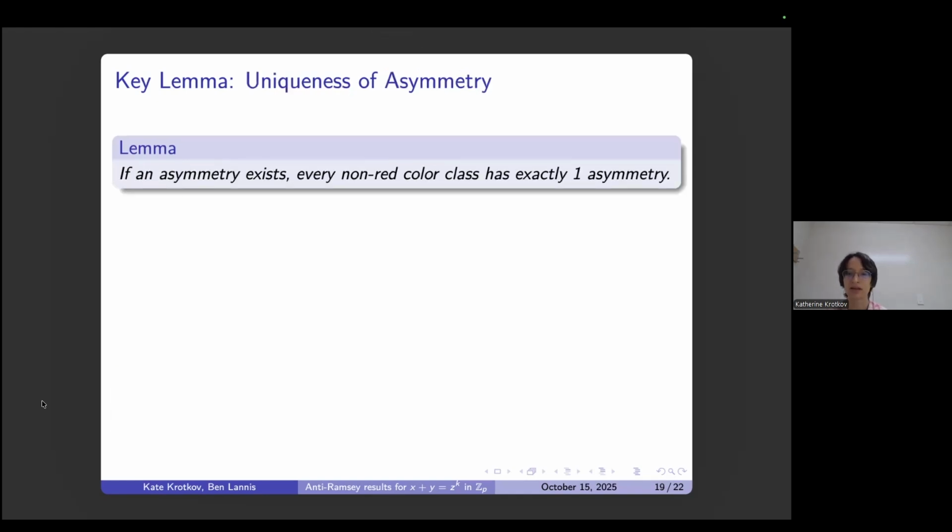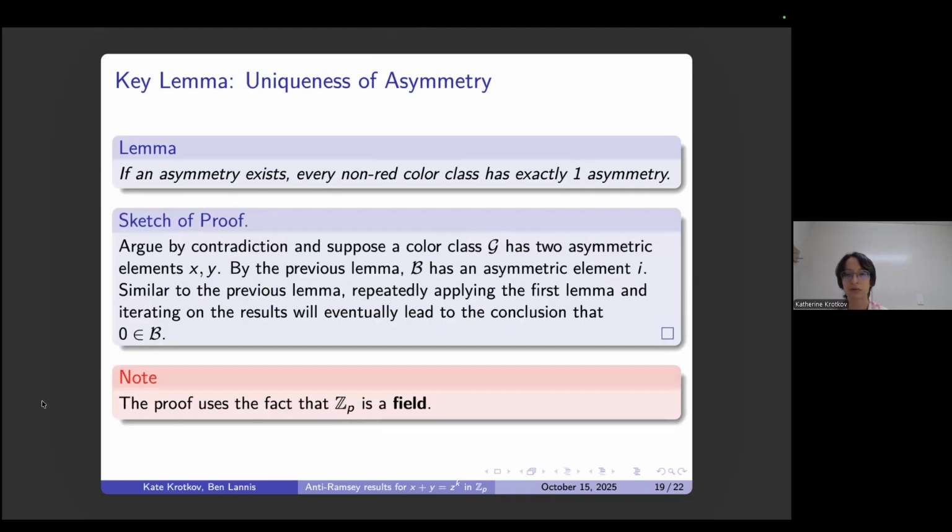Okay, and this result says that if an asymmetry exists in the coloring anywhere, then every non-red color class has exactly one asymmetry. You cannot have more than that. The asymmetry is extremely constrained. And the proof of this uses all the previous lemmas as well. So by contradiction, if there is a color class with multiple asymmetric elements, we'll just say 2 for now,